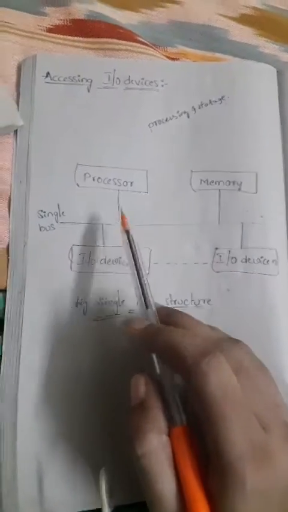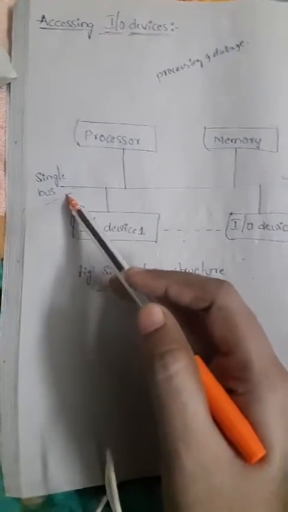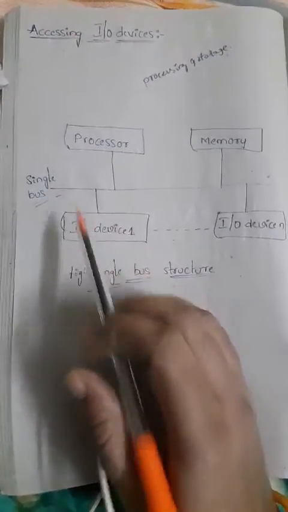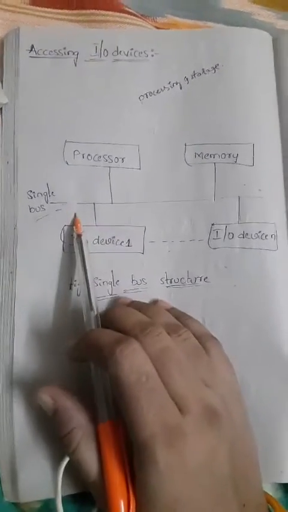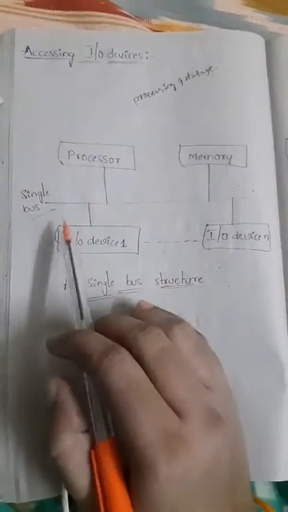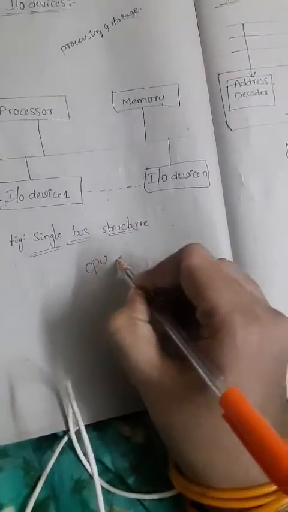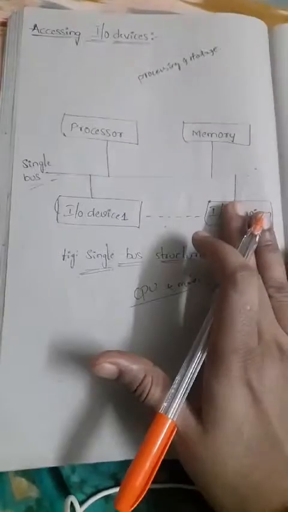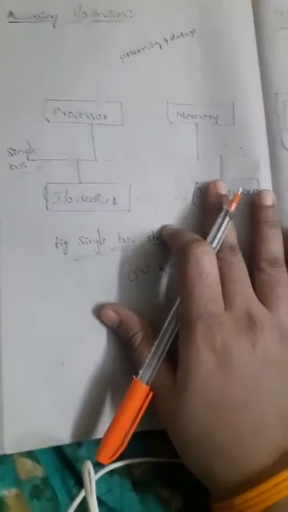You know what a bus is, right? I already explained this concept in the first unit: what is meant by bus and what the classifications of buses are. A bus is a set of wires which is used to connect the internal components of the computer. Generally we are using the CPU and main memory; these are the internal components of the computer. So, a bus is a set of wires used to connect the internal components of the computer.